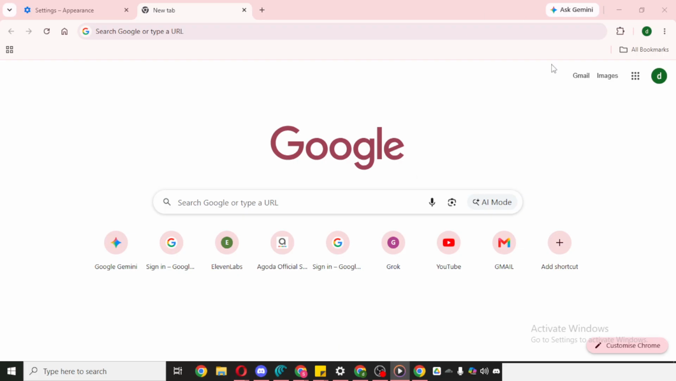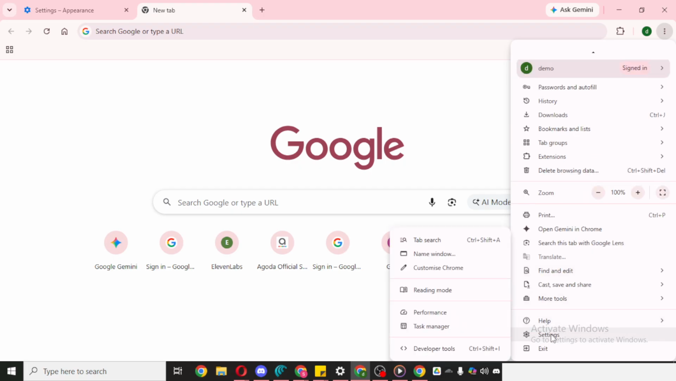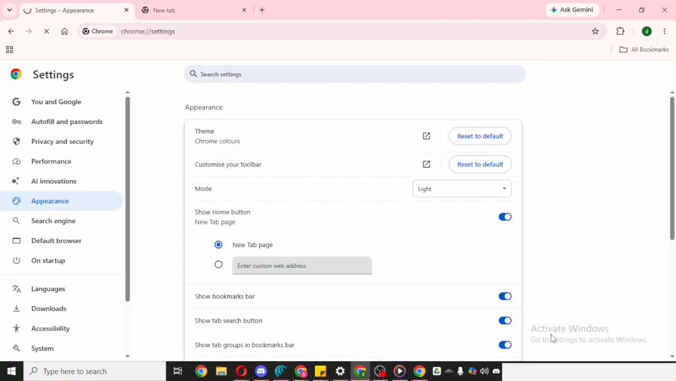Once Chrome is open, look to the top right corner of the browser window and click the three-dot menu. This is where Chrome keeps many of its settings and controls. After that, click Settings. This will open the main settings page for your browser, where you can manage privacy, security,